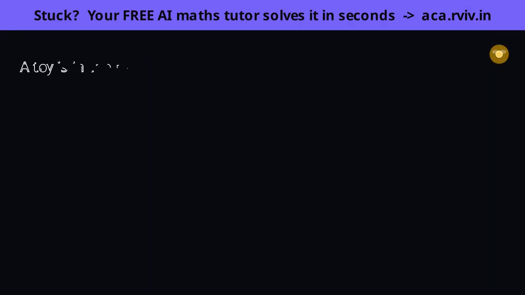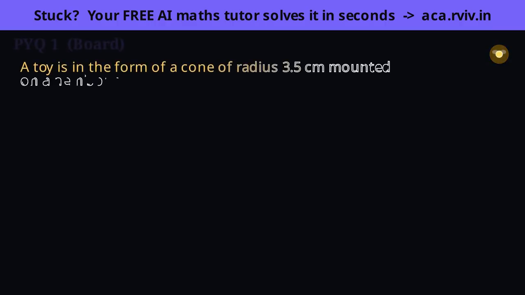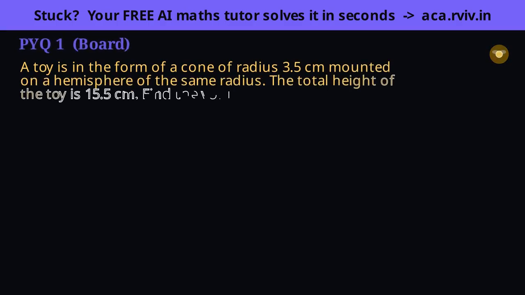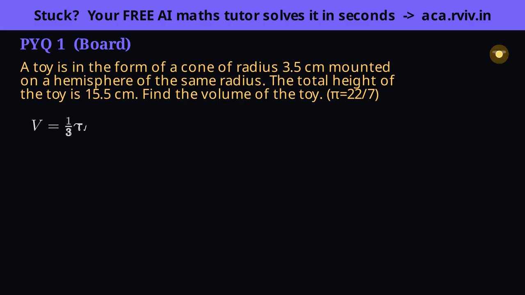It's the very same toy we found the surface area of back in exercise 12.1, but now the question flips to volume, how much it holds rather than its skin. Watch how the hidden face worry disappears entirely. For volume we just add the pieces, the cone plus the hemisphere, sharing the radius 3.5. Notice we don't care about the join at all. Volumes combine with no faces to subtract.